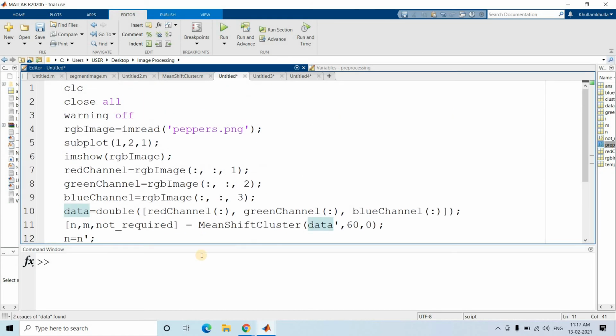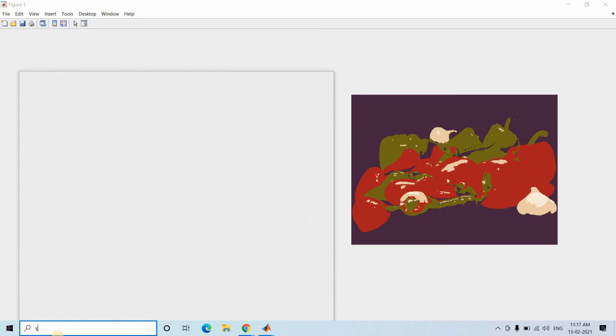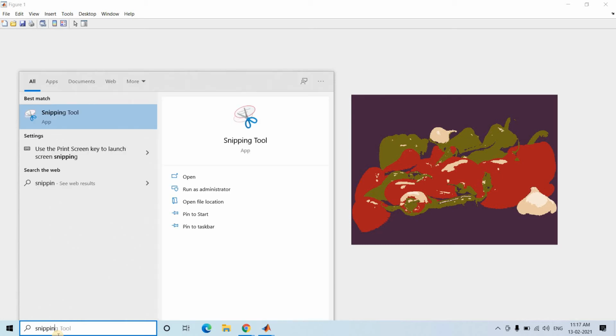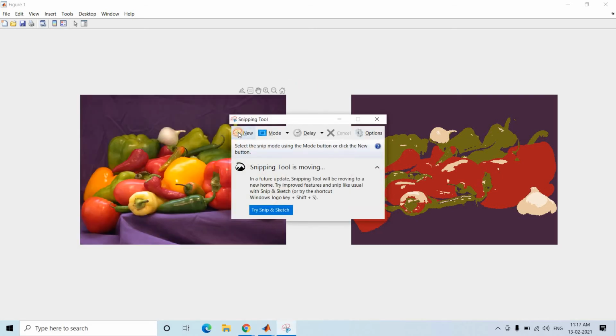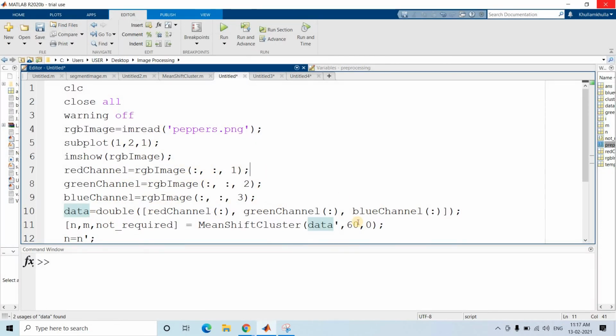For comparison purpose, let me just take a snip of this. Just for comparison purpose I am taking, okay. Now this time I am taking 10 as radius. So radius decreased, that means there are more number of clusters going to be formed, and if more number of clusters going to be formed, obviously the image will try to take the color or try to move towards the exact shape.